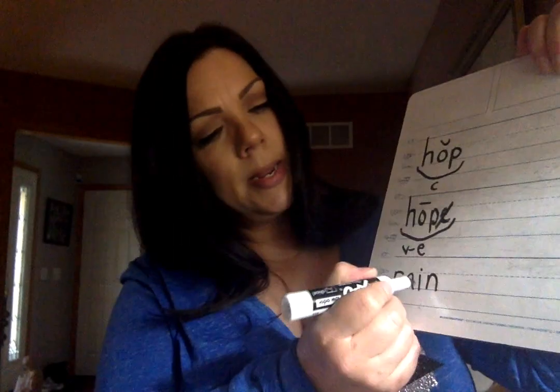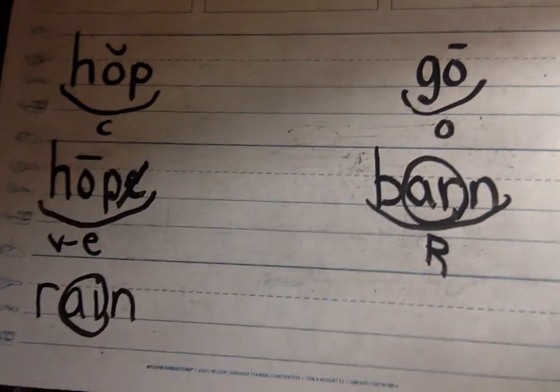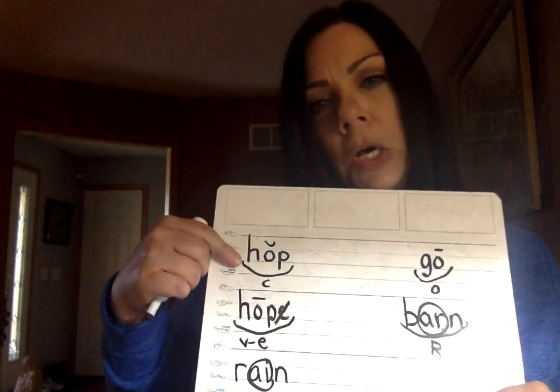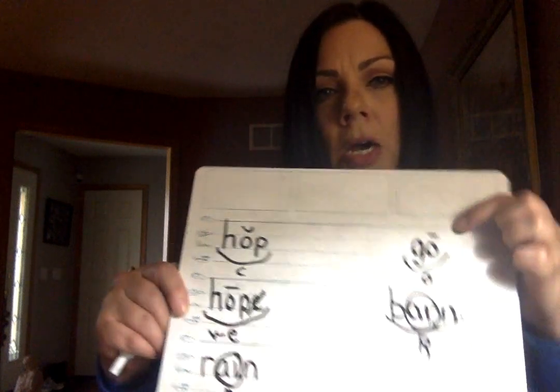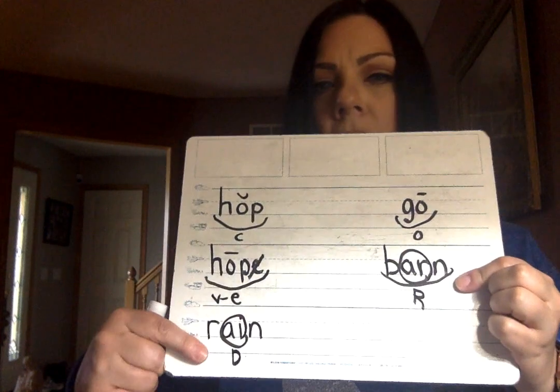Our last one that we've learned so far is like this. In the word rain, it is called a double vowel syllable. It's two vowels together to make one sound. And we put a D under that for double vowel. Okay, so again we have closed, VE, open, R-controlled, double vowel, and today we're going to learn an LE